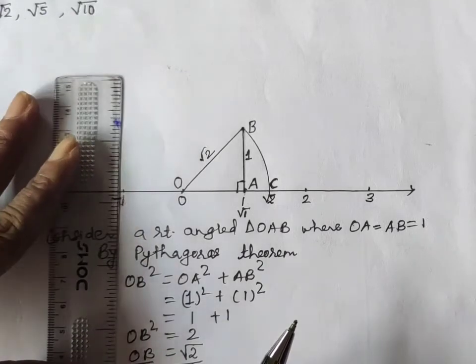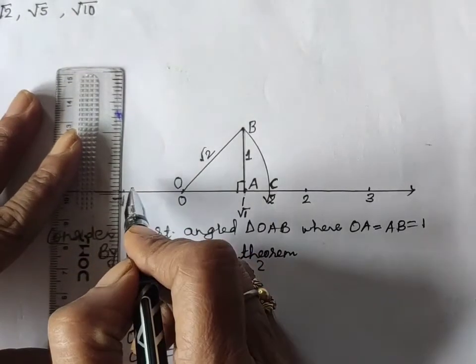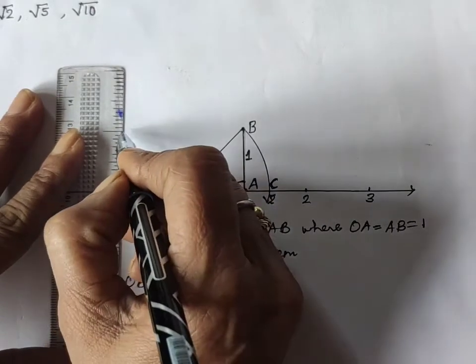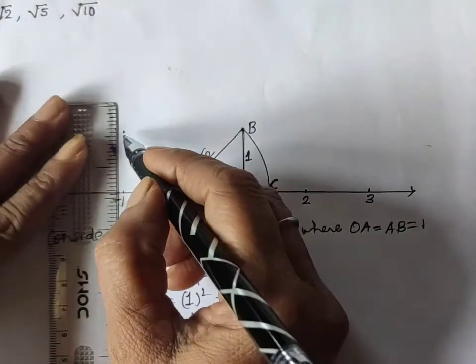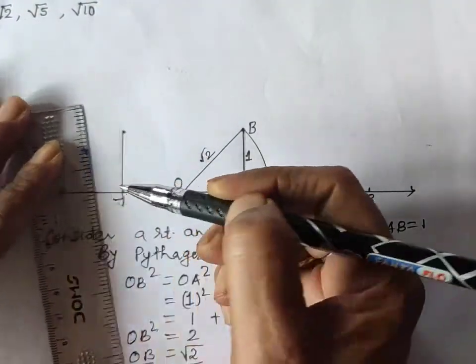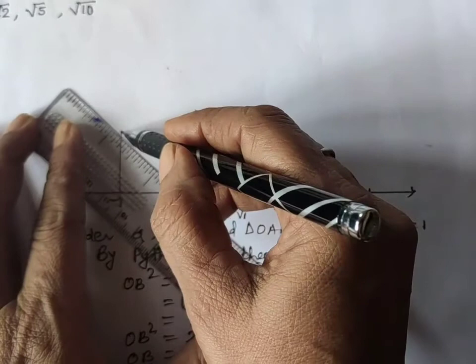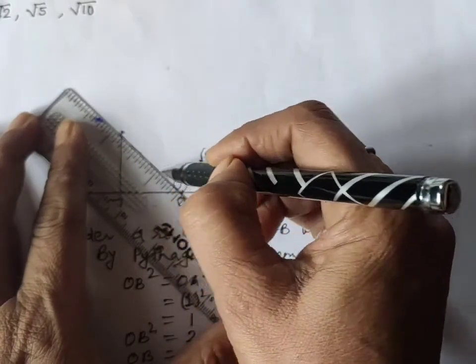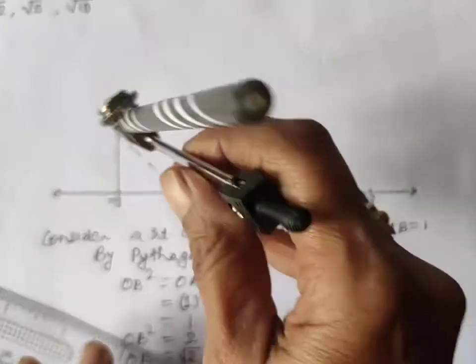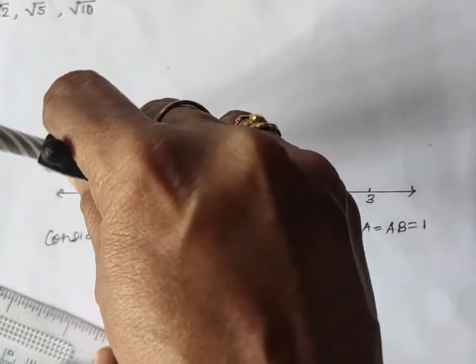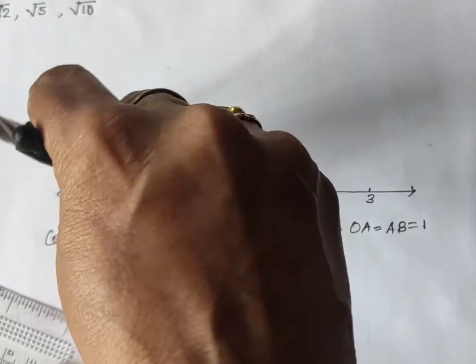Suppose you want this also. As this is 1 centimeter, here also you will take 1 unit gap, and then again you will draw a line. Here you will draw a dotted line, suppose. You can give any name here, and again you will take the same radius and draw the number line here, and you will draw an arc like this.